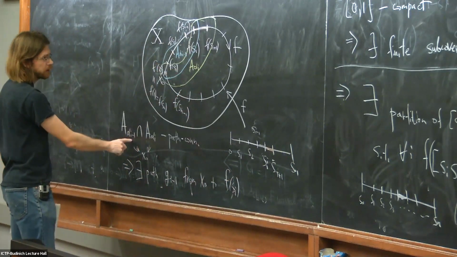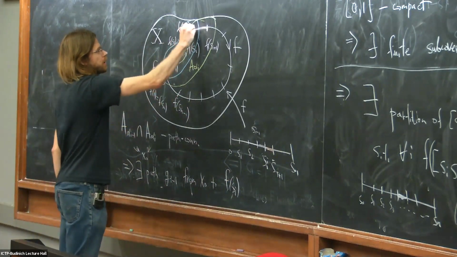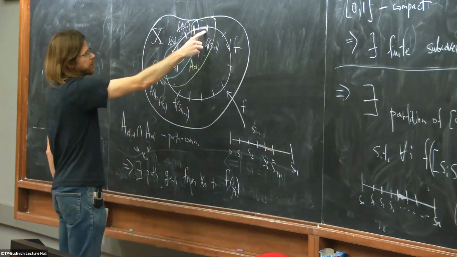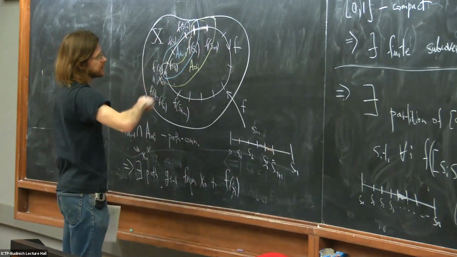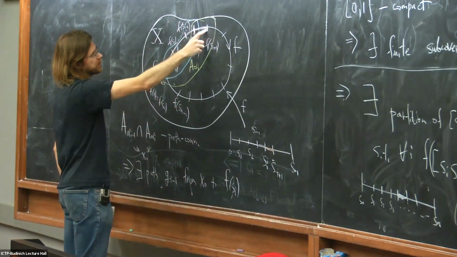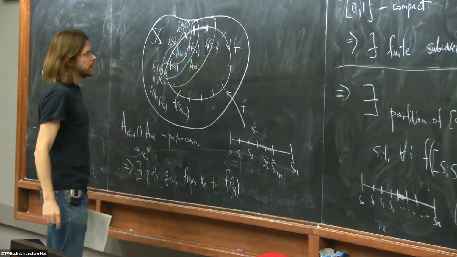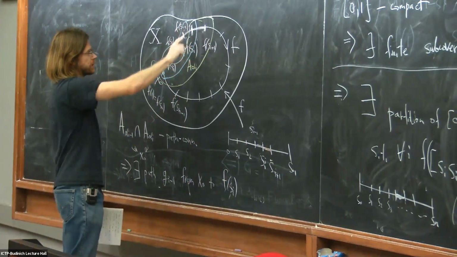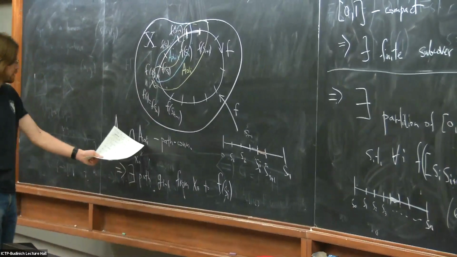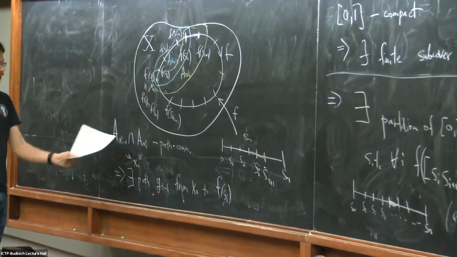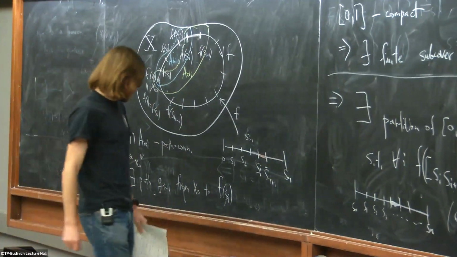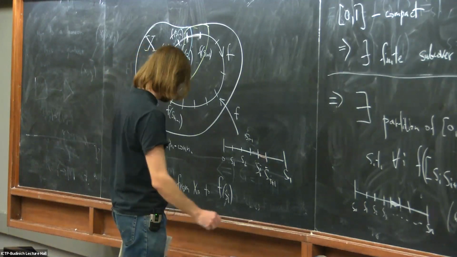By construction, this point is a boundary point of both: it is the image of both this interval and this interval, and so it should belong to the intersection of this pair of capital A's, and we can choose this